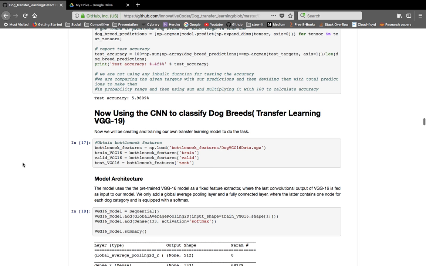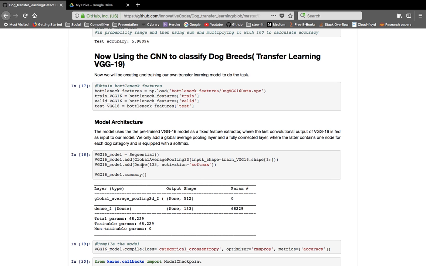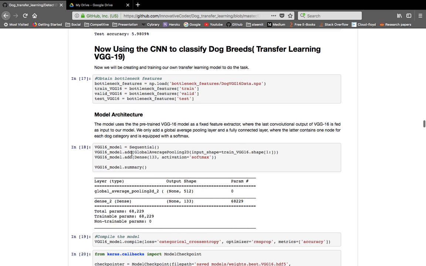Then I thought of using transfer learning to achieve a better accuracy. We have some bottleneck features. We take the train, validate, and test set of all of the bottleneck features. Then we decide our model architecture. In this model architecture, I am using the VGG16 model, which is a pre-trained model, and I take it to be sequential. So we are applying two layers on the pre-trained model